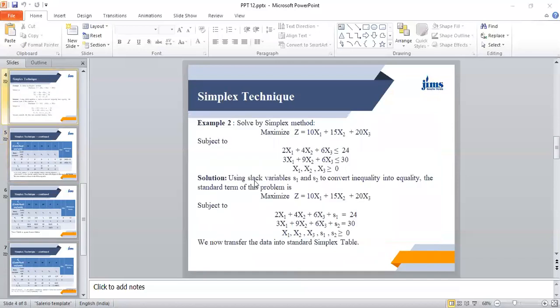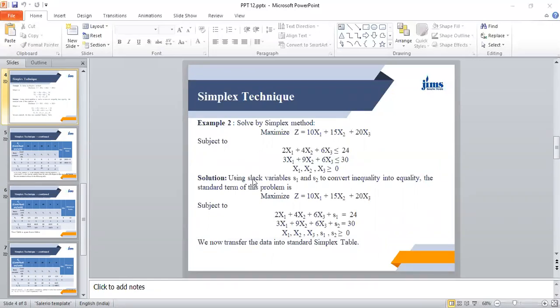So again I repeat that in the simplex technique, we start with the worst solution and then try to improve stage by stage, and then finally we arrive at the optimal or best solution. So in this case, the worst solution could be what? When you do not produce any quantity of x1 and x2, you produce only s1 and s2, because the contribution of s1 and s2 is 0. So your objective function will be 0, and that is the worst condition.